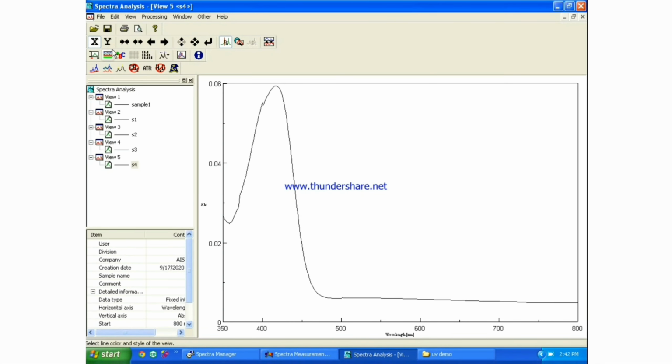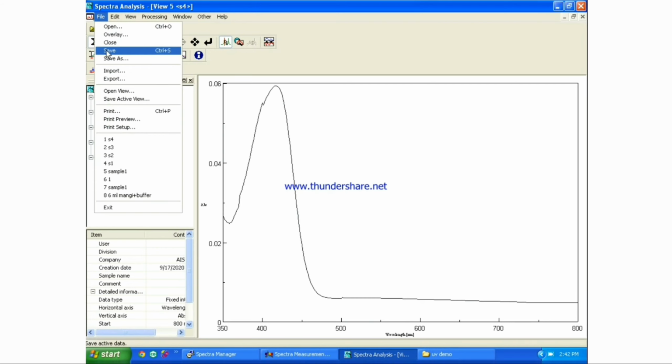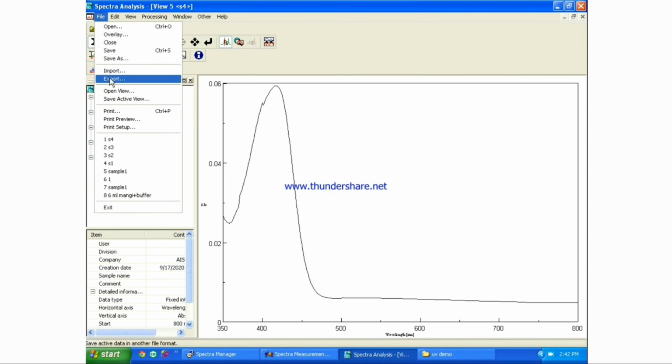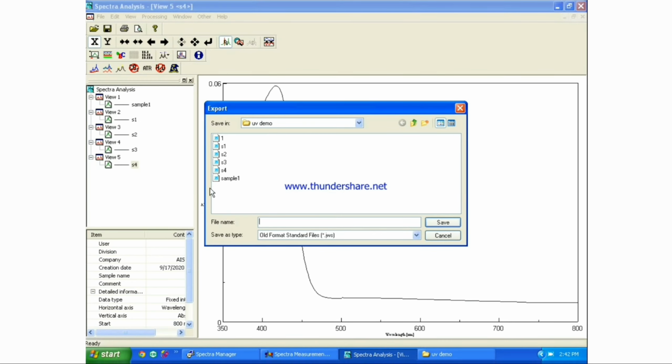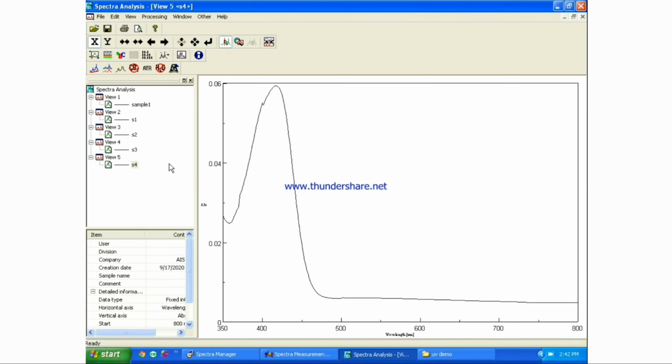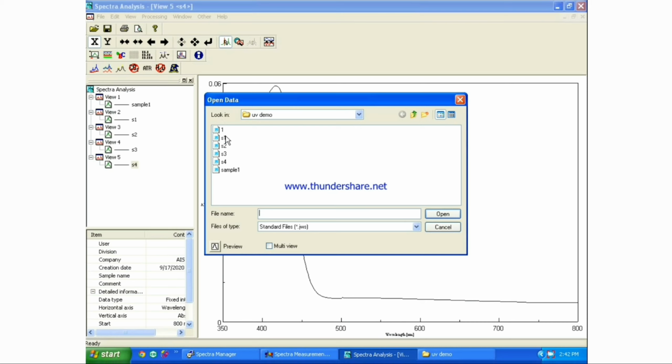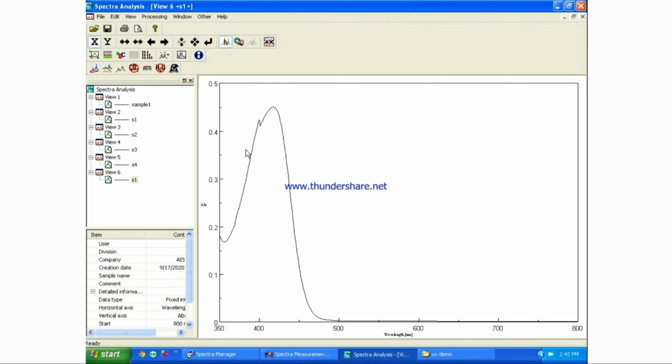For understanding the overlay feature, that is, having different spectra on the same axis, 4 different concentrations of the same sample have been prepared and analyzed. Overlaying spectra is a convenient way of studying the sample comparatively by varying one parameter of interest, such as concentration, while keeping other parameters constant.